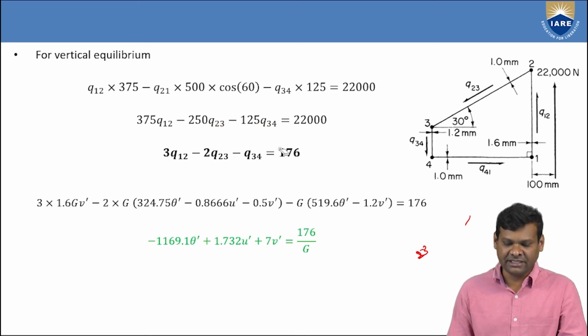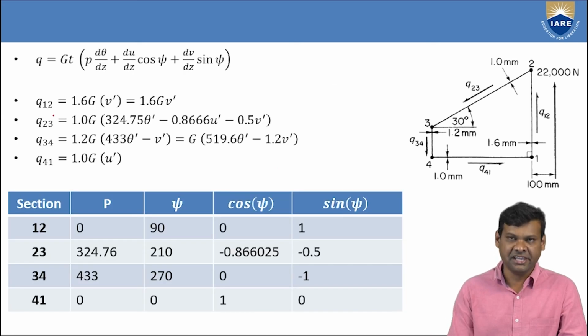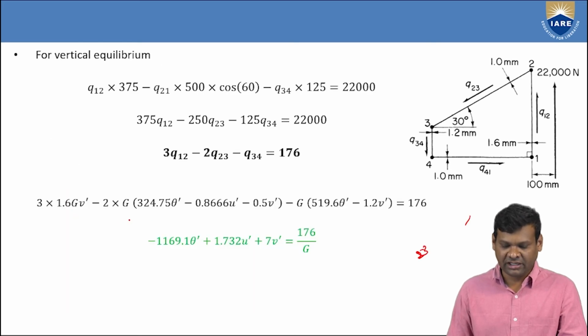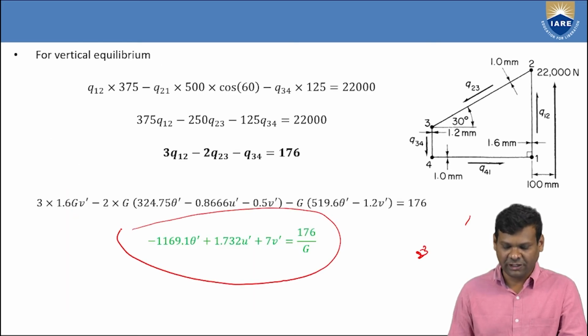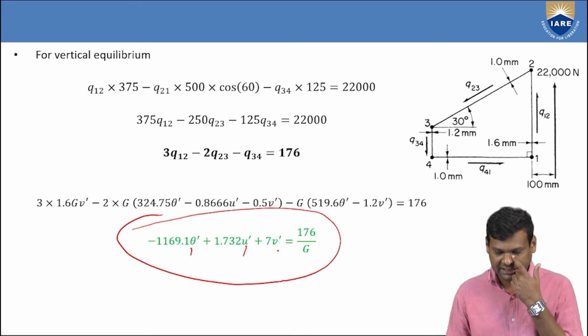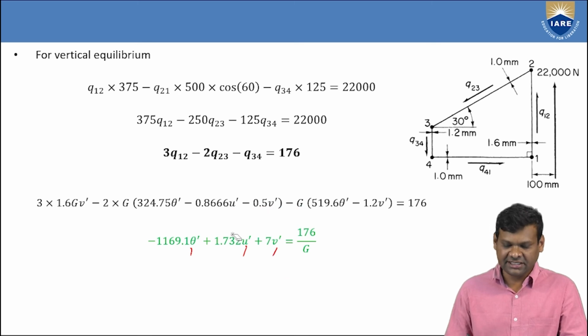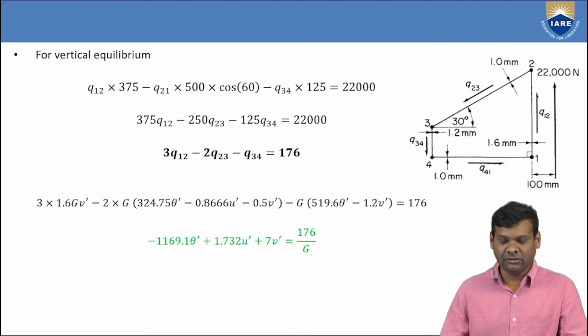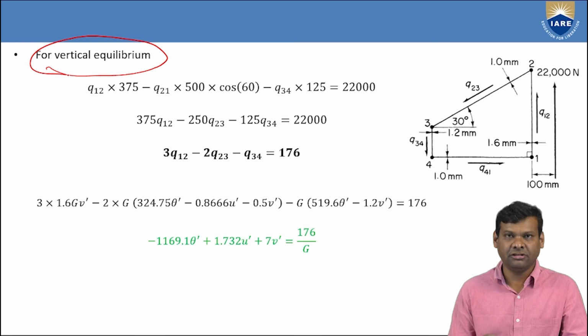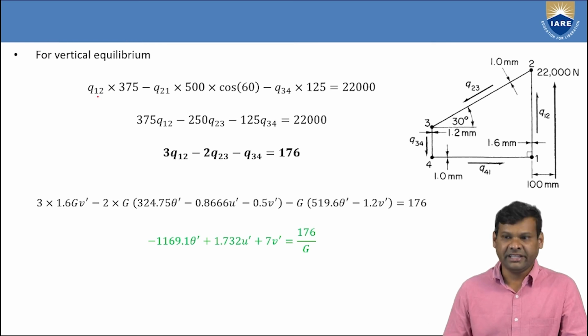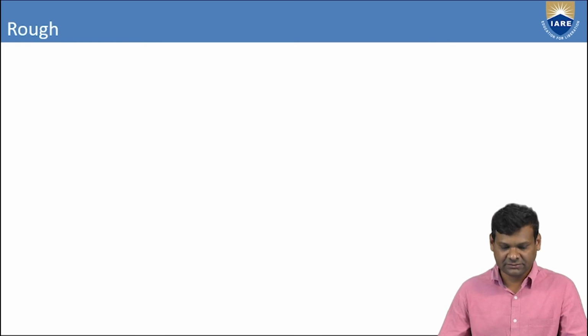But when you remember this Q12, Q23 and Q34, this already we have defined here. Directly I am substituting these values at this point, and what I get is this formula. And here you need to know that theta dash, u dash and v dash, this is all algebraic simplification. You can do it. And now the ultimate thing is that after vertical equilibrium, we need to look into the horizontal equilibrium. That is, we need to balance the horizontal forces.